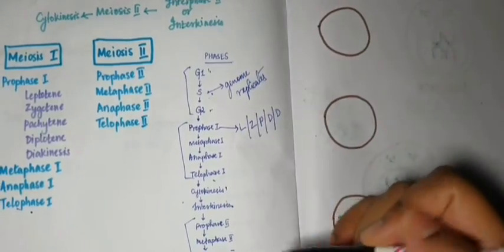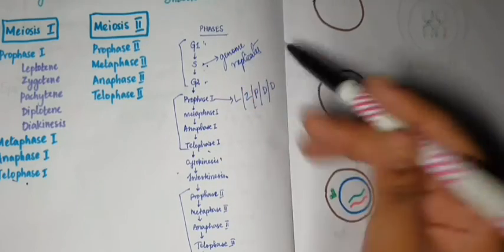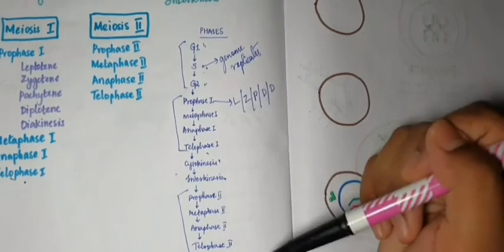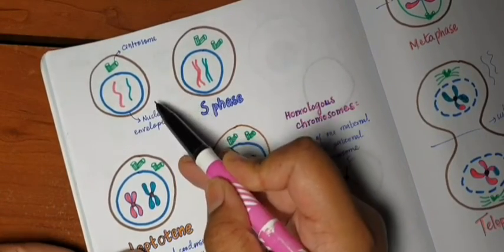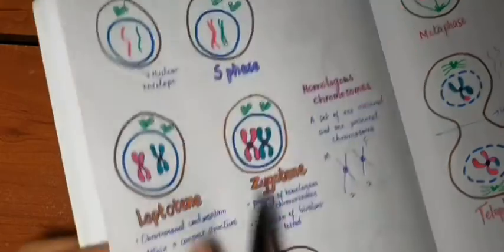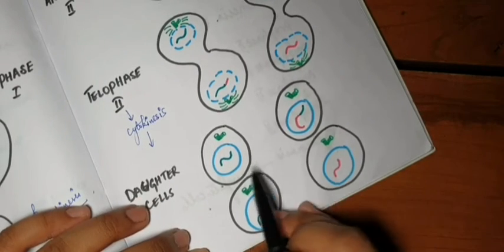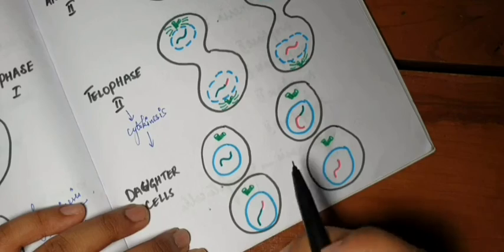So that was the entire sequence of events that the cell goes through when undergoing meiosis. So: interphase, meiosis 1, cytokinesis, interkinesis, meiosis 2, and then cytokinesis again. And finally, we need to remember the amount of genetic material. We started out with these 2 strands, so this was a diploid parent cell. But after meiosis 2, we have daughter cells with only 1 strand each, meaning they have only half the amount of genetic material as the parent cell. These are haploid daughter cells.